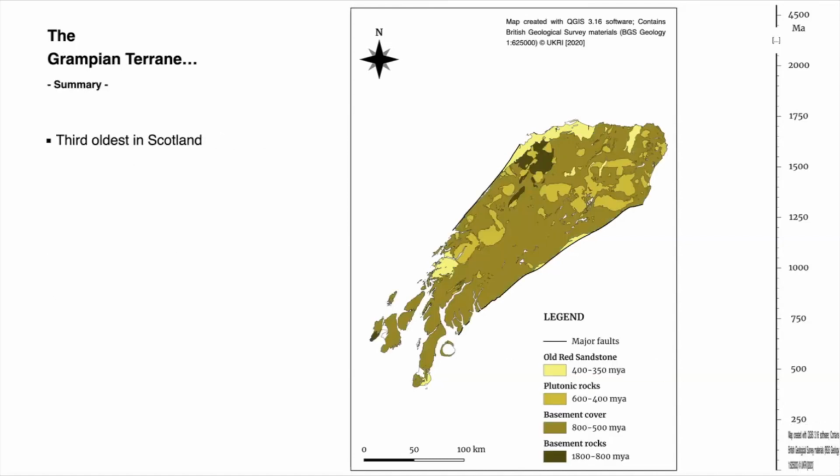And now we can finally say that we've covered most of the rock units of the Grampian terrain, which is the third oldest terrain in Scotland. The basement rocks are represented by the Rings complex, which is the oldest, and the Badenoch group, which is the most extensive. The basement cover is overwhelmingly represented by the Dalradian supergroup that was moderately metamorphosed and severely deformed during